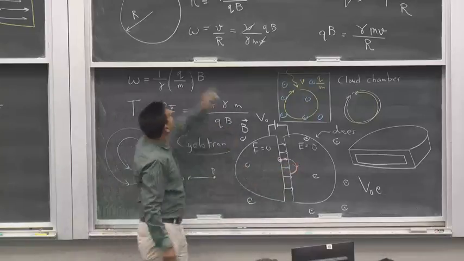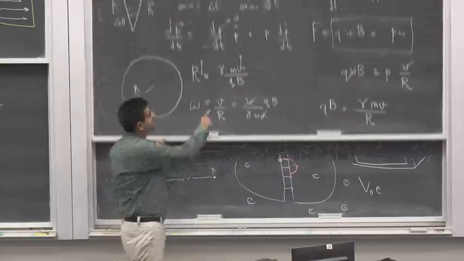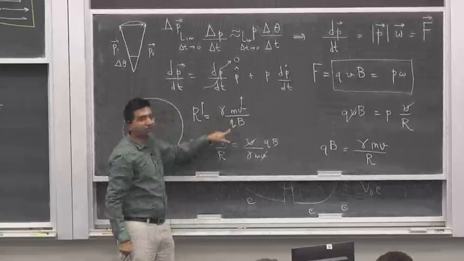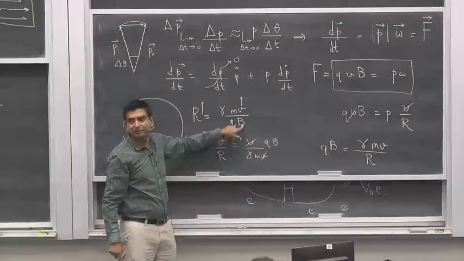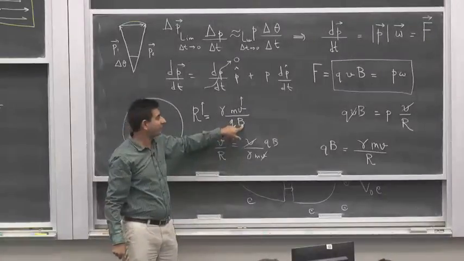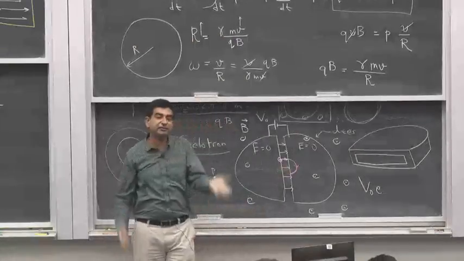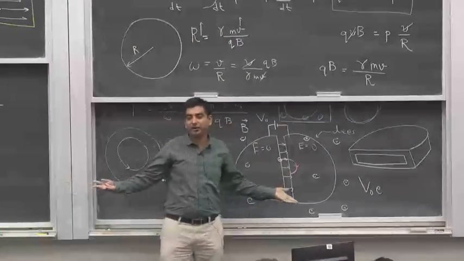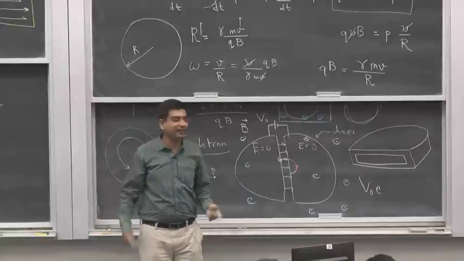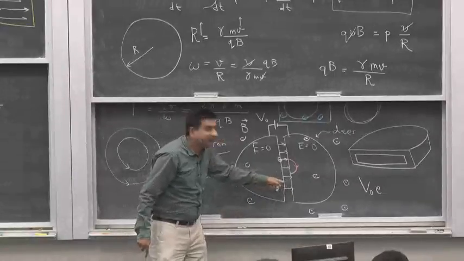That radius, by the way, is given by this. It depends upon the charge to mass ratio of the proton and B, the magnetic field that you applied. And the speed inside this region remains constant. Nothing is going to happen to the speed because the magnetic field does not change the speed. However, if at this point